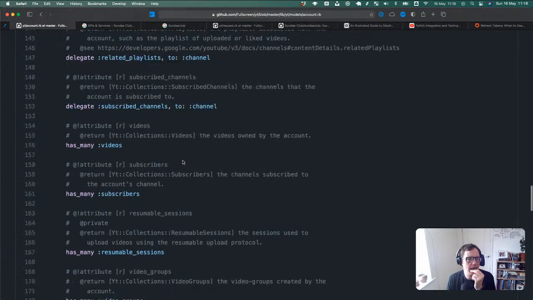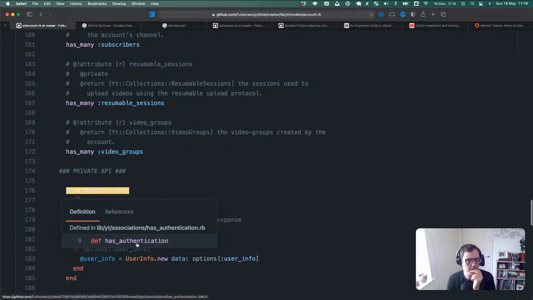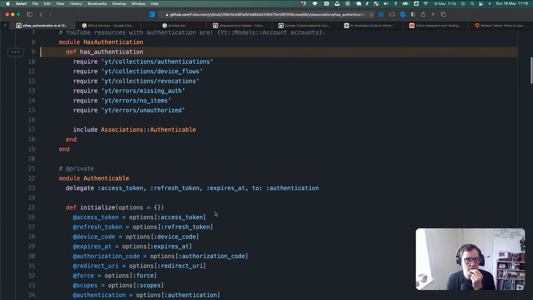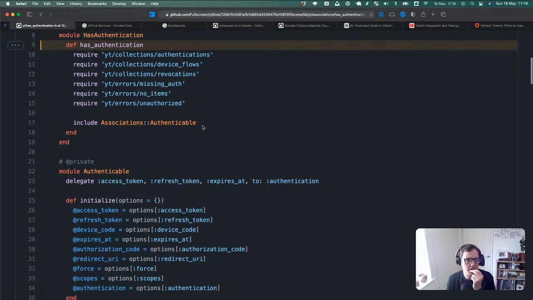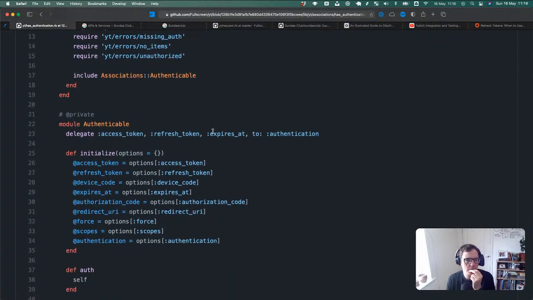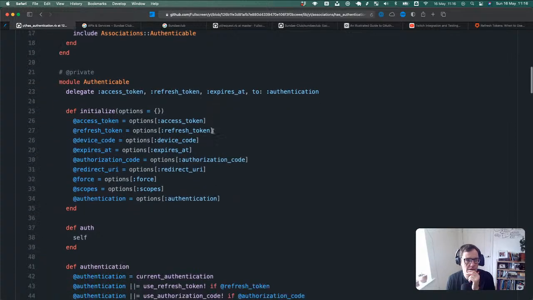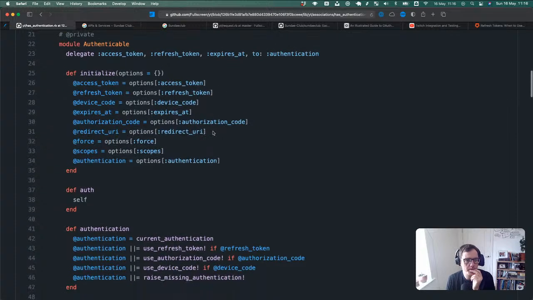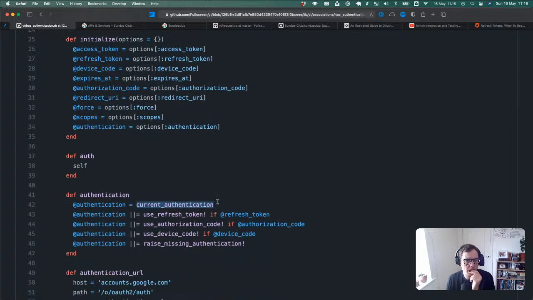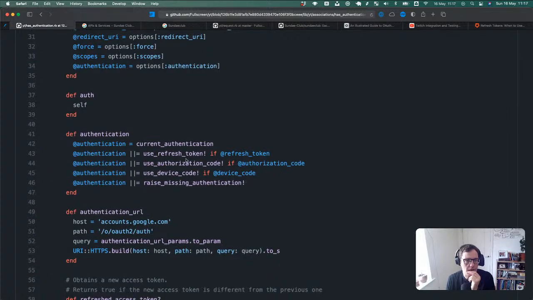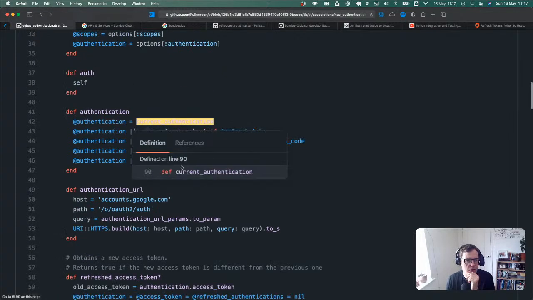Okay, so what is in the has authentication? We've got YT association has authentication, YT collections authentications, authenticatable. Yeah, so you can see what's in here.